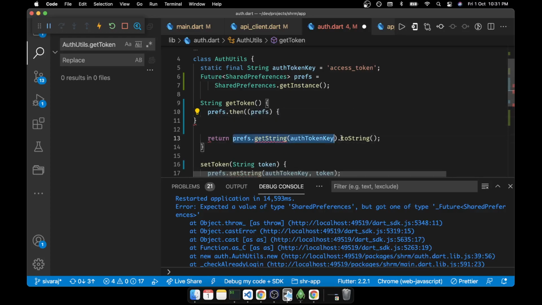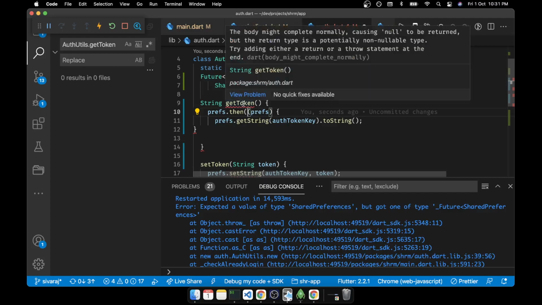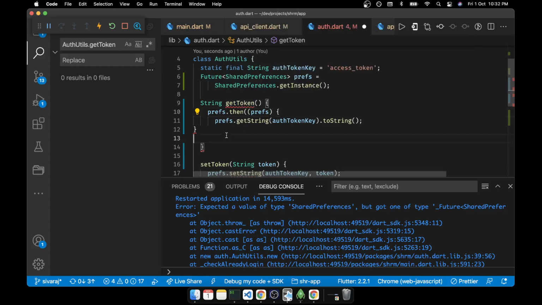Futures, then we can get, what is that, it might be completely normally causing null to be returned. Okay, so return getToken will return empty.